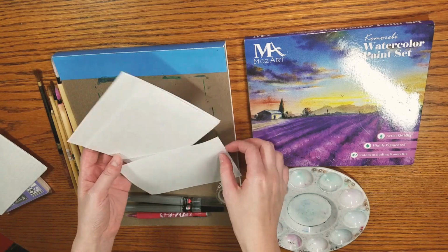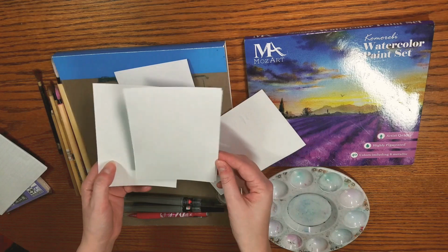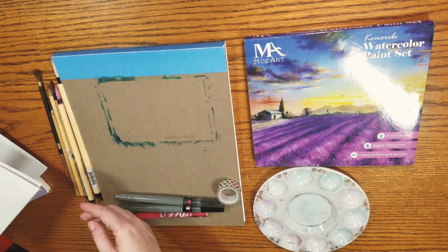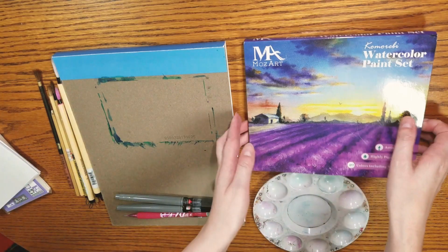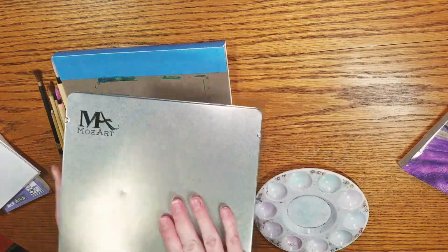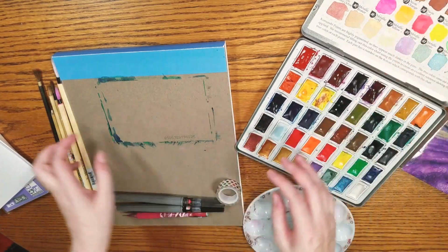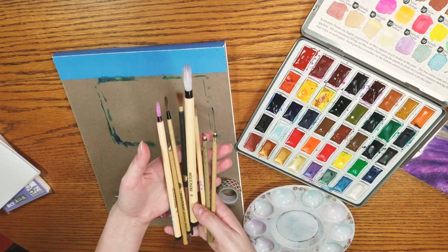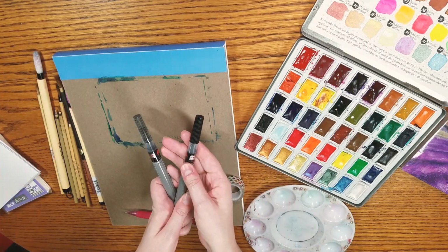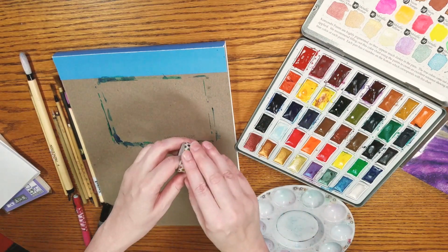You can also do this on washi paper, mulberry paper, or Chinese watercolor paper; those would all work for this as well. You may want to do your painting first and then adhere it to a stronger support like a piece of cardstock or an index card once you finish your painting. I'm also working with the Mozart Como Rebi set. Generally, Etegami watercolor is designed to be worked with Gansai style watercolors, which we'll talk a little bit more about in a bit. I also have some sumie brushes, as well as some Pentel pigment brushes, a pencil, some washi